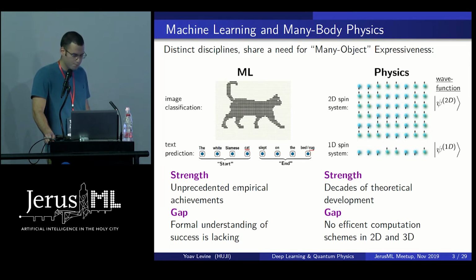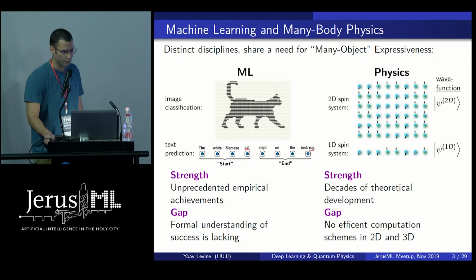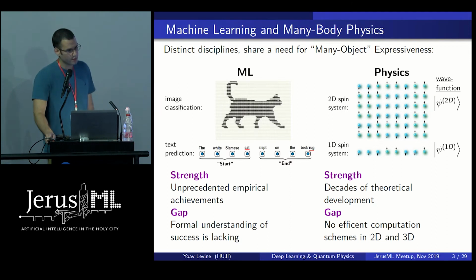investigations of quantum phenomena. In the other direction, physics has the advantage of decades of theoretical development. Tensor networks, which we will use, have been around for a decade and a half, but more fundamentally, the concept of quantum entanglement has been around for nearly a century, and we use results derived there in order to better understand how the convnet or RNN architecture can be tailored with respect to a certain